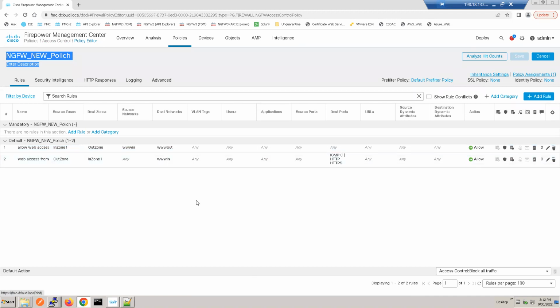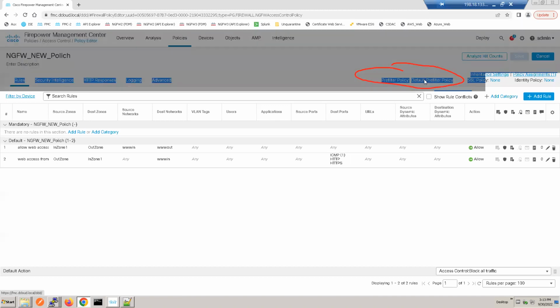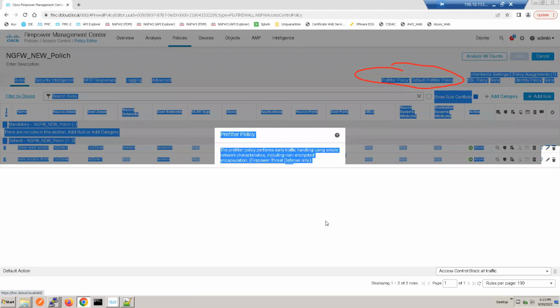Let me highlight that. Default pre-filter policy. This section we need to go and click. So if you click there, that blue icon,